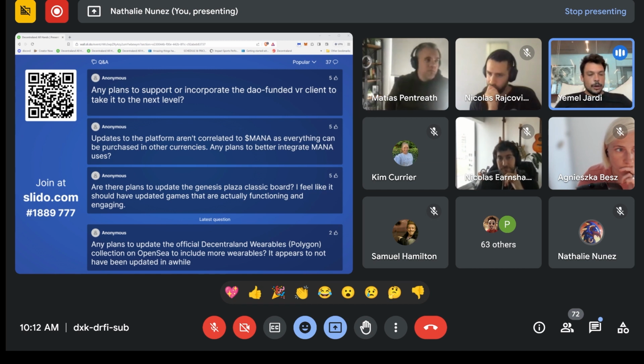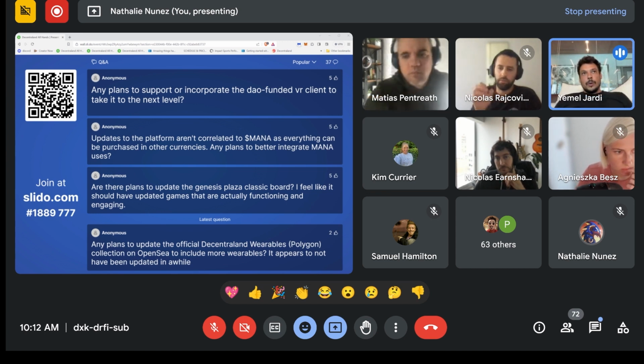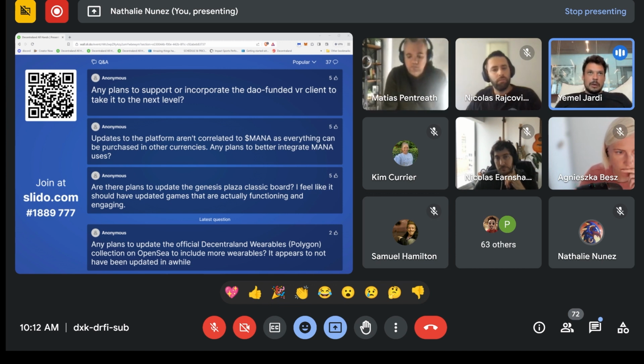They are forking the current Explorer, which has all these performance issues we already discussed, and that's a code base they are not maintaining. We are maintaining it, and sometimes we do a change and their client breaks. So as a prototype and an experiment to showcase that this is possible, I think that's really good. But as the future, I'm not sure that's the correct foundation for building a VR client.